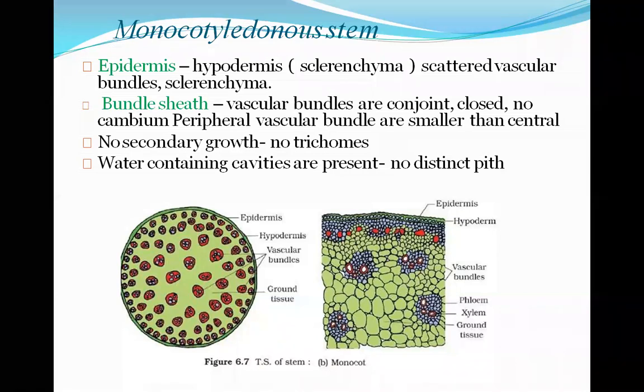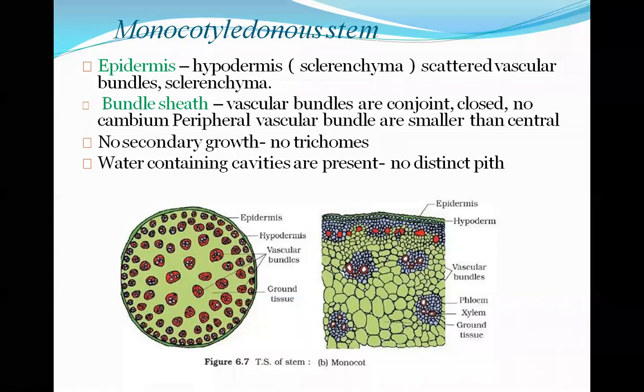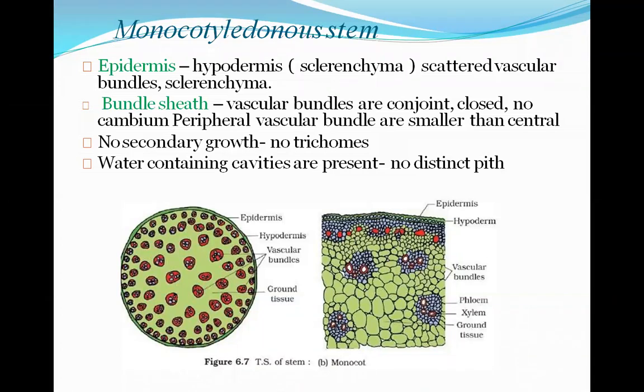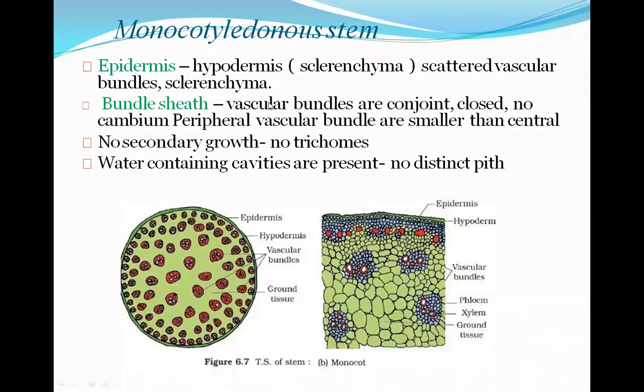So today we have seen the two types of anatomy. The first is the anatomy of the root, and the second is the anatomy of the stem. And in that also we have seen two different types of plants, right. In roots, we have seen the anatomy of the monocot root and the anatomy of the dicot root. Similarly, we have also seen the anatomy of the monocot stem, as well as the anatomy of the dicot stem.